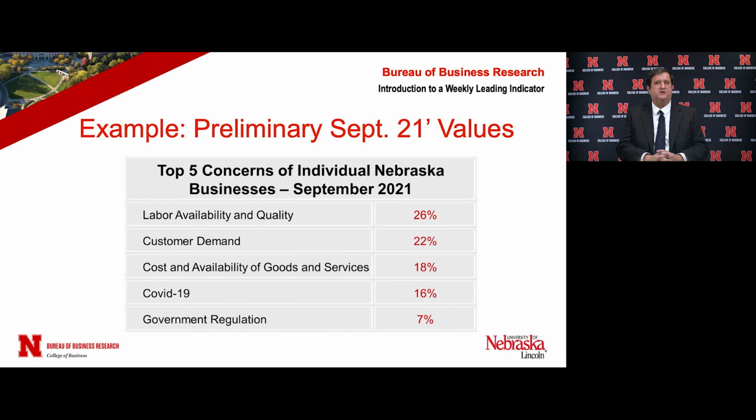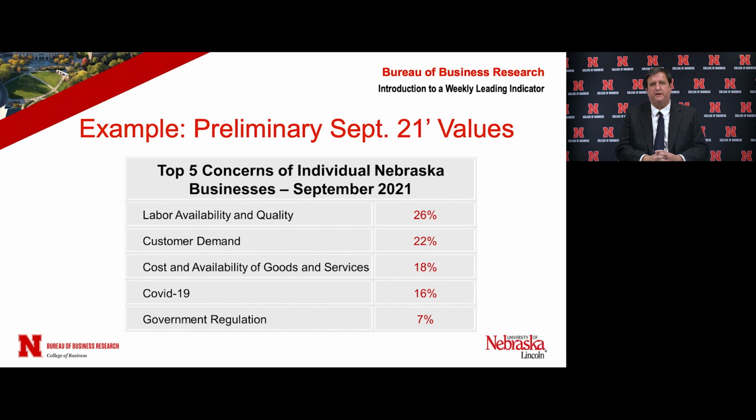Lastly, what are businesses concerned about? Probably no surprise here. Now, we've been doing this survey for 10 years. Nearly every month for 10 years, the most common answers when we ask businesses what their top concern is were related to customer demand. So the price of commodities is low, or we can't get enough customers in the door, or if it's a healthcare provider, they're complaining about insurance reimbursement rates, things like that. So it's typically a customer demand issue that is the most frequent thing businesses list when you ask them what their top concern is.